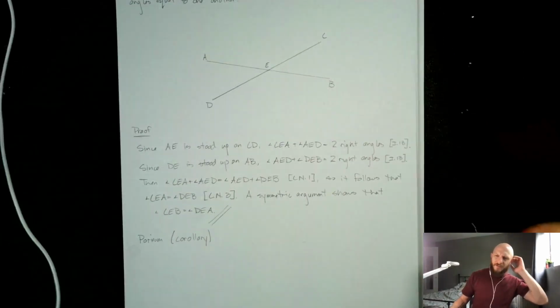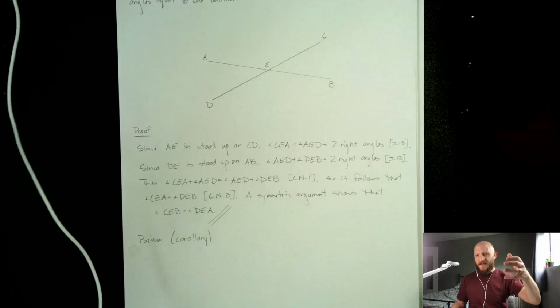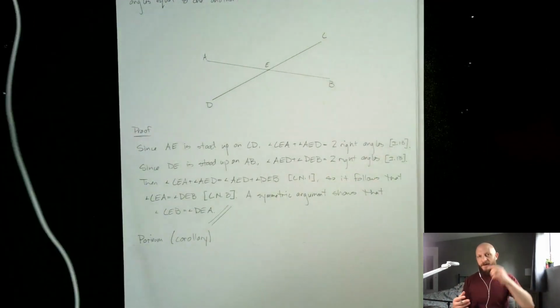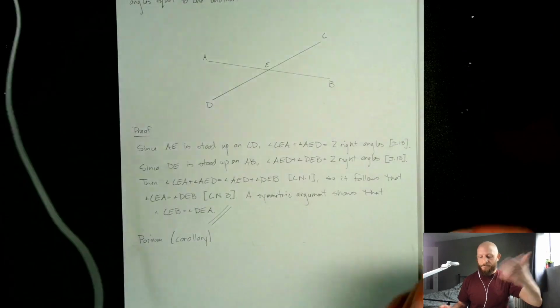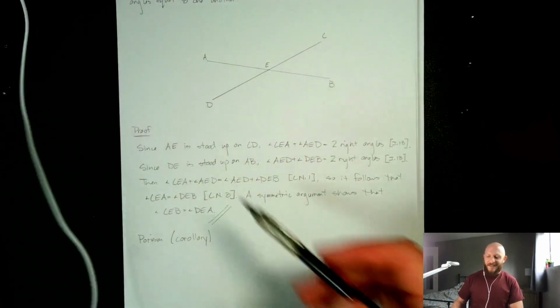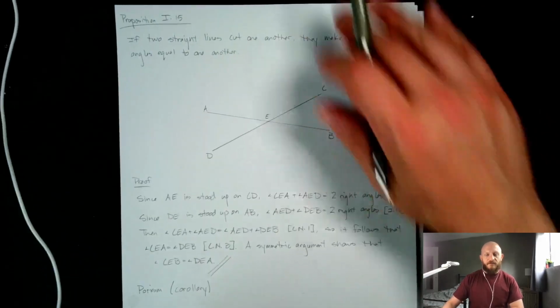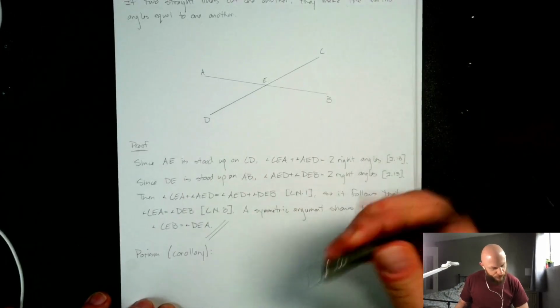So corollary means like if you prove a theorem, then a corollary is something that probably should be stated as its own standalone theorem, but it follows directly from the consequences of the previous theorem. So that's what this Porism is. It's saying that, well, from this proposition 15, we also kind of get for free this other proposition, which is